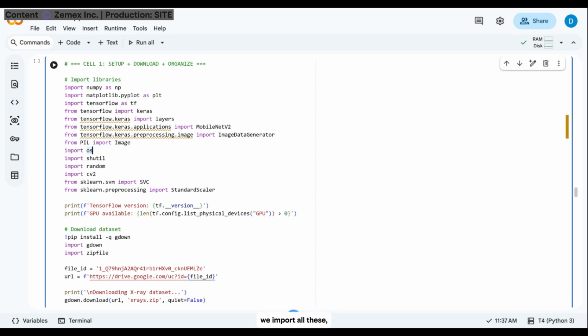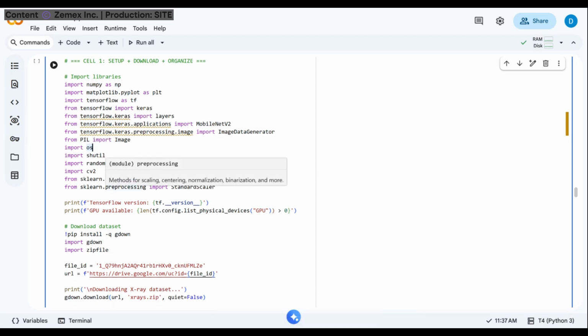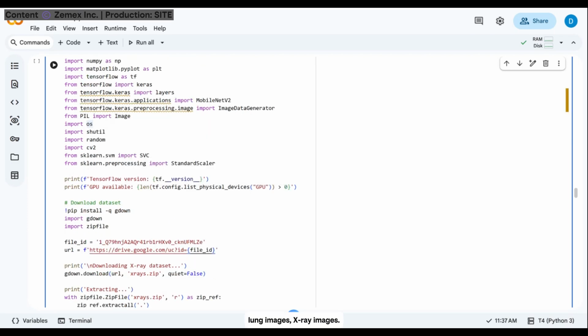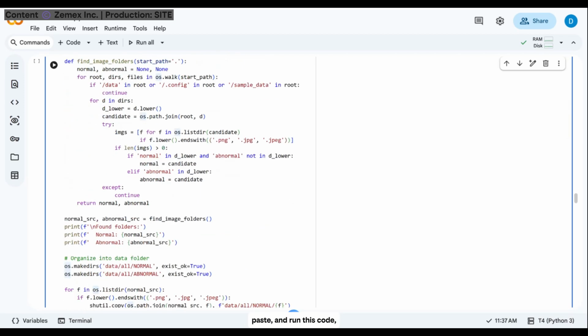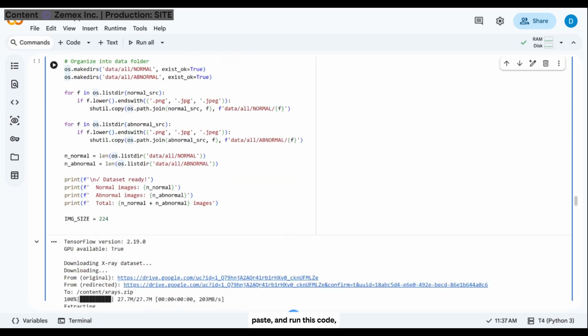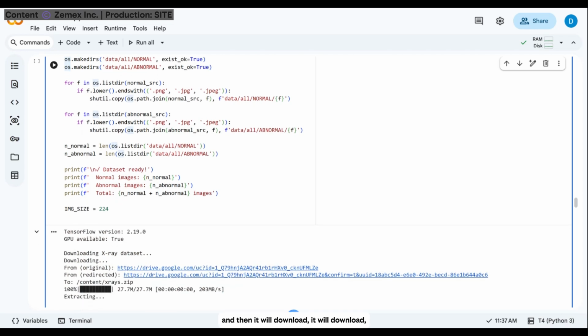So we import all these, and these are going to be helpful to analyze lung images, X-ray images. Okay, so you copy, paste, and run this code, and then it will download